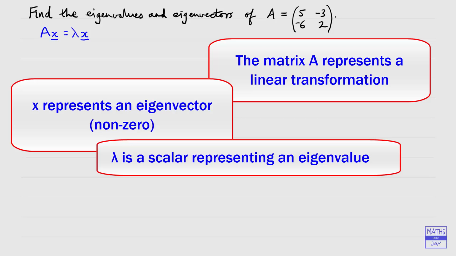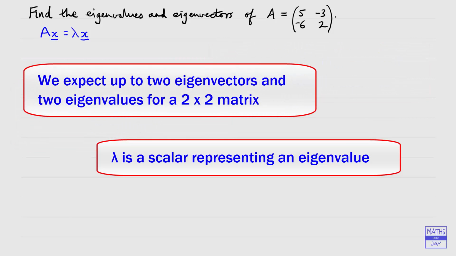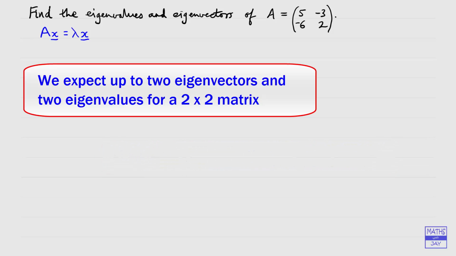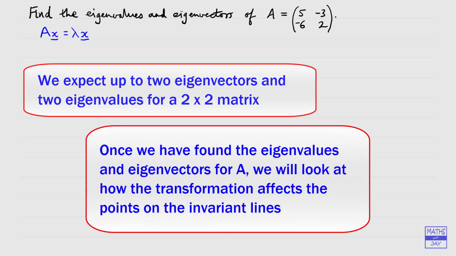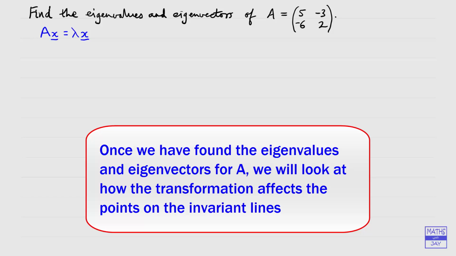eigenvalue. In general, we expect to find that we'll get two eigenvectors and two eigenvalues for a 2x2 matrix. So for each eigenvalue, we'll go on and find the eigenvector, or rather an eigenvector, because we'll find that in fact we can have an infinite number of eigenvectors for each eigenvalue. And then afterwards we'll have a look at these invariant lines and see what it actually means to have different values of lambda, what effect that has on the points, on the vectors, on the